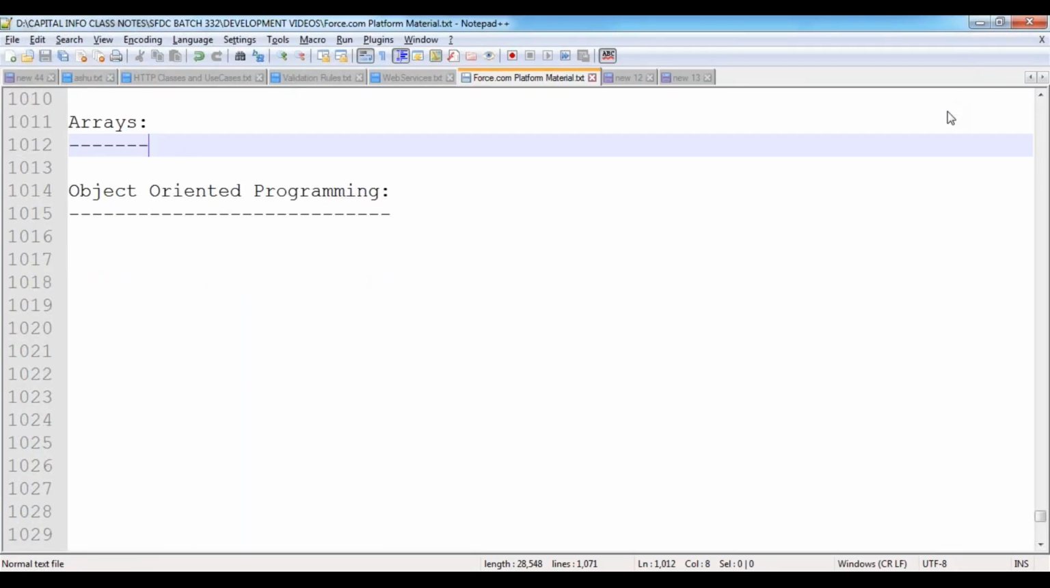Feroz, can we have more assignments so that we can practice a bit more? Yes, exactly. As part of these iterative statements, from here you will be getting more